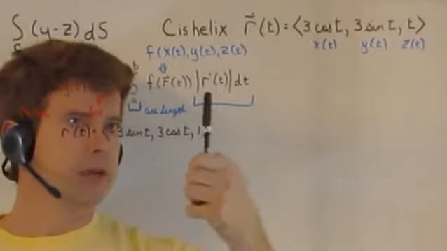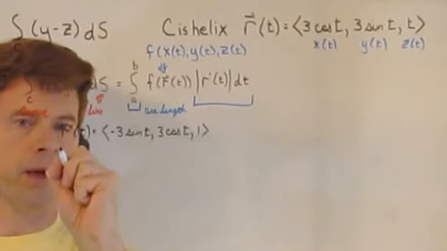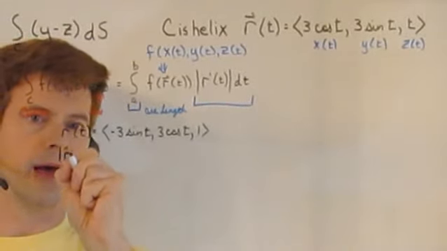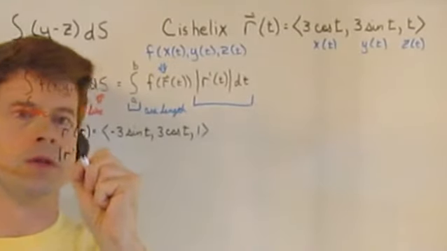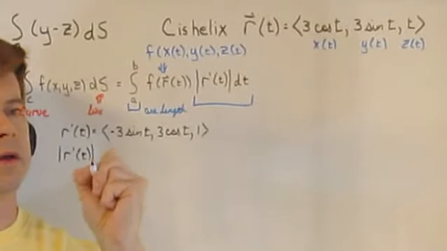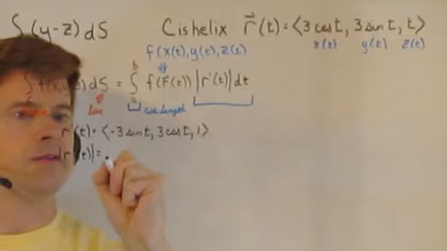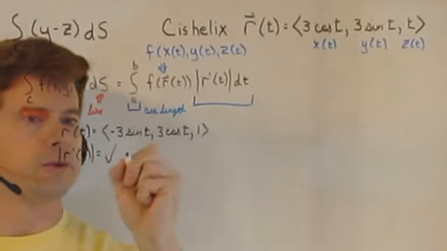So then the next thing we need to do is take the magnitude of that, where we take the sum of the squares. So we're doing the square root